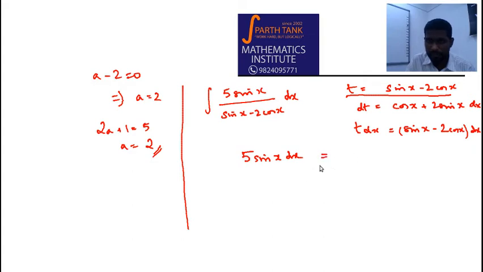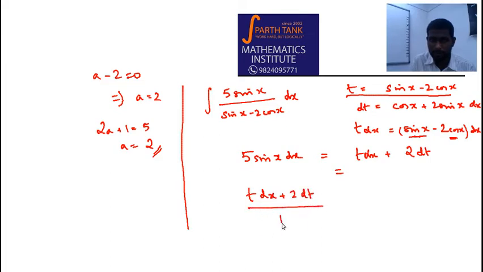That is, to get this, t dx plus 2 times dt. Because t dx is sin x minus 2 cos x, 2 times dt is 2 cos x plus 4 sin x. 2 cos x and 2 cos x would vanish, and this would give 5 sin x. So it's actually t dx plus 2 dt